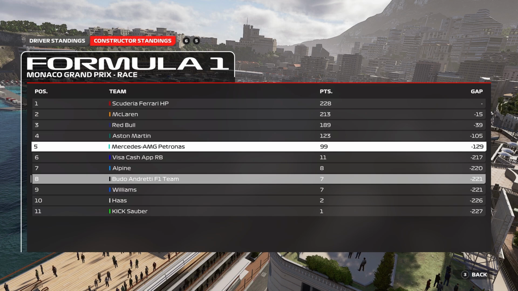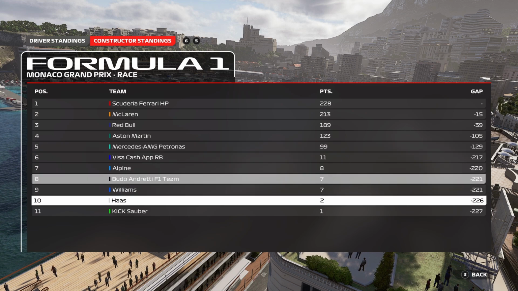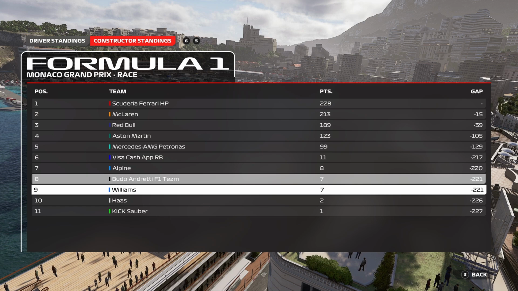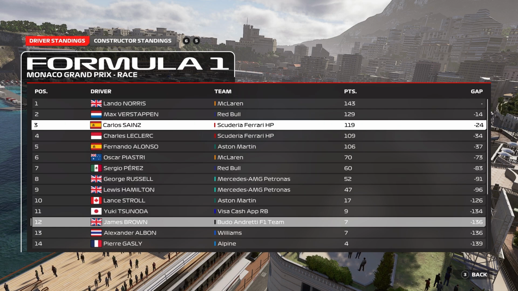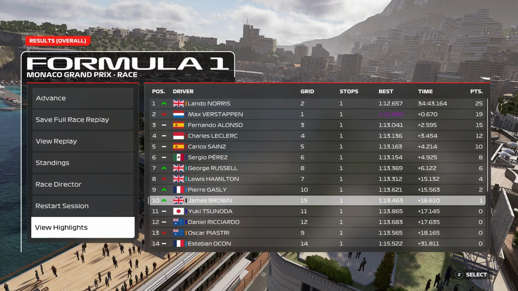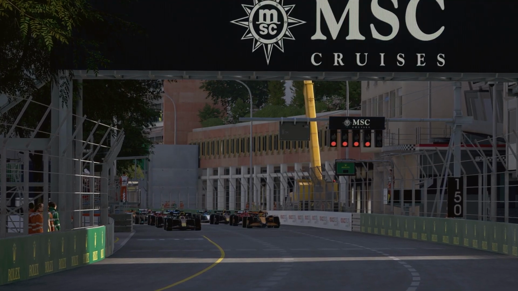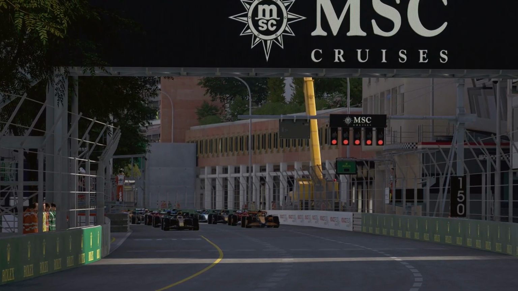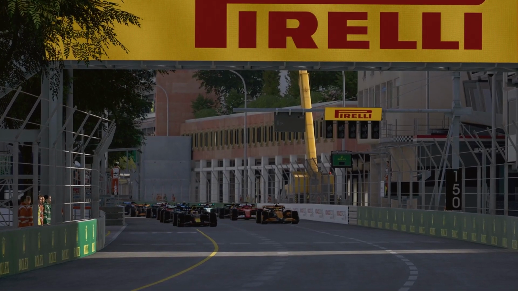In the constructor standings, Ferrari on top, followed by McLaren, Red Bull. We're hovering, hopefully looking to take that 6th spot there. Again, the fight is very big for that. There's a lot of teams involved, and yeah, that is pretty much it. Highlights will be coming now for you, and yeah, great race, very fun, very frustrating as well to drive, because